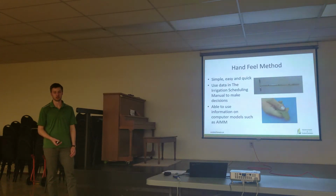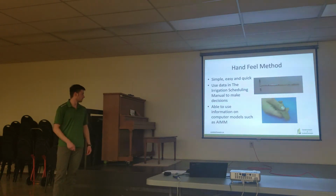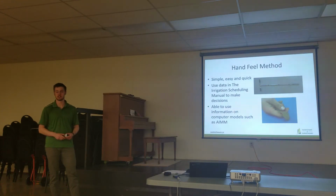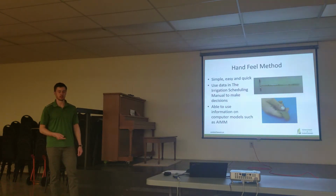It's more important during the mature part of the crop stage for corn to get down to that depth. Obviously, when corn is in the seedling stage, it's not going to have those deep roots yet, so you can probably get away with just doing 1 foot. But anyway, what you do is you dig a little bit of soil, take that sample in your hand, and then we have a flow chart in the irrigation scheduling manual. We have some copies at the back that kind of guides you through the process to determine how much water is in that soil. So once you get a good guess from that, then you can put that into